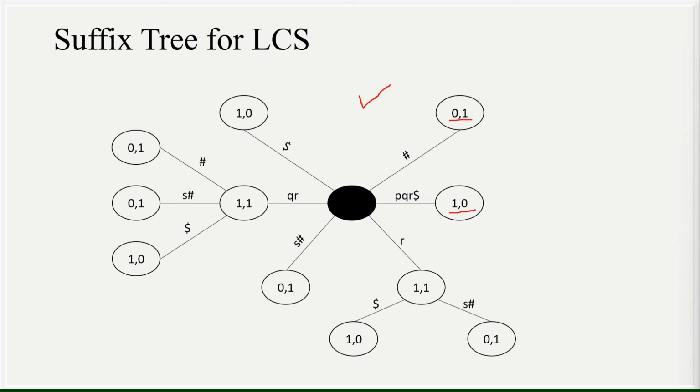Now consider only the hash values, and you will see that at that node it is 0, 1. So this is a hash value, then it is 0, 1. This is S hash, then it is 0, 1. What this means is that in whichever leaf node there is a hash, we have given it the value 0, 1. And similarly for a dollar, we have given it the value 1, 0. Here it is hash, then 0, 1. Dollar, 1, 0. Hash, 0, 1. And here it is dollar, so 1, 0.